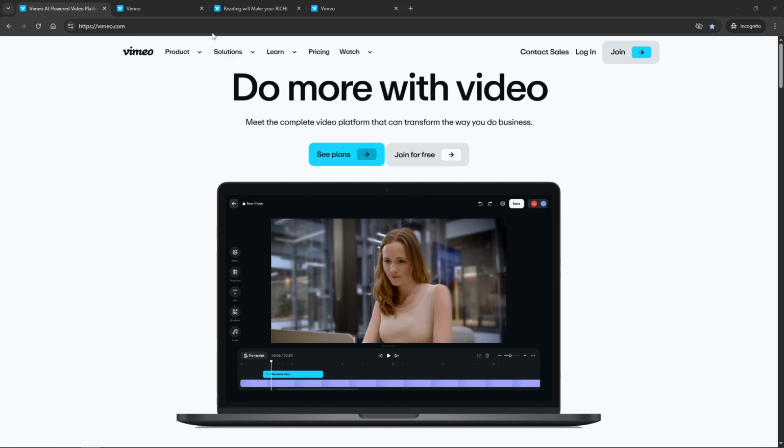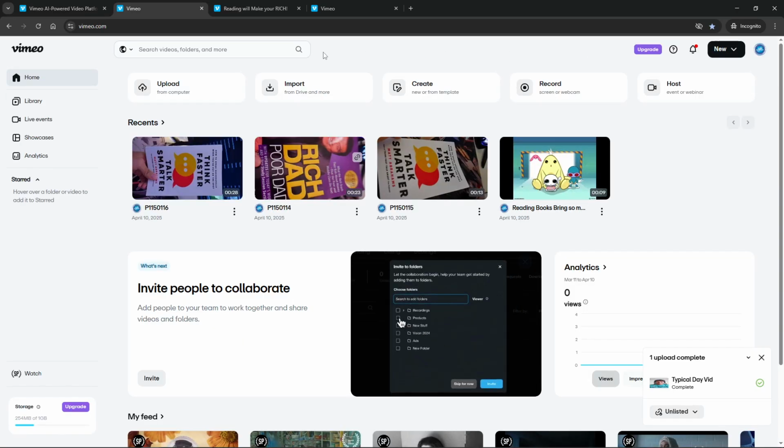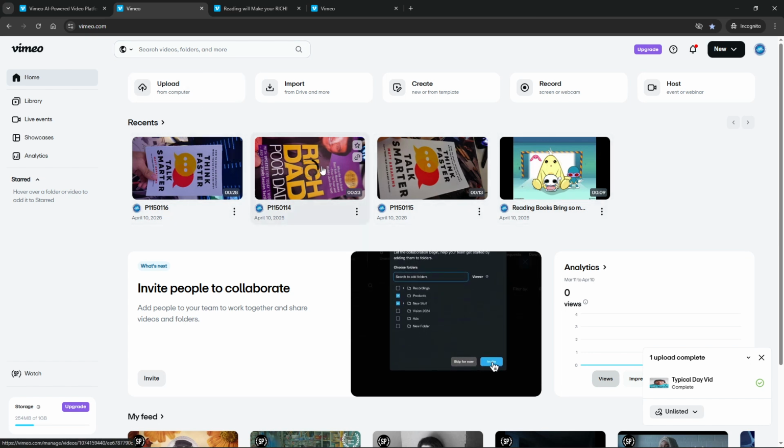First things first, you'll want to log into your Vimeo account. If you haven't set up an account yet, you'll need to create one. But once you're logged in, you're all set to begin editing. Next, navigate to your account dashboard where you'll find all your uploaded videos. Here, you need to select the video you wish to edit. Vimeo makes it easy to find your content, so simply browse through your list and click on the video you'd